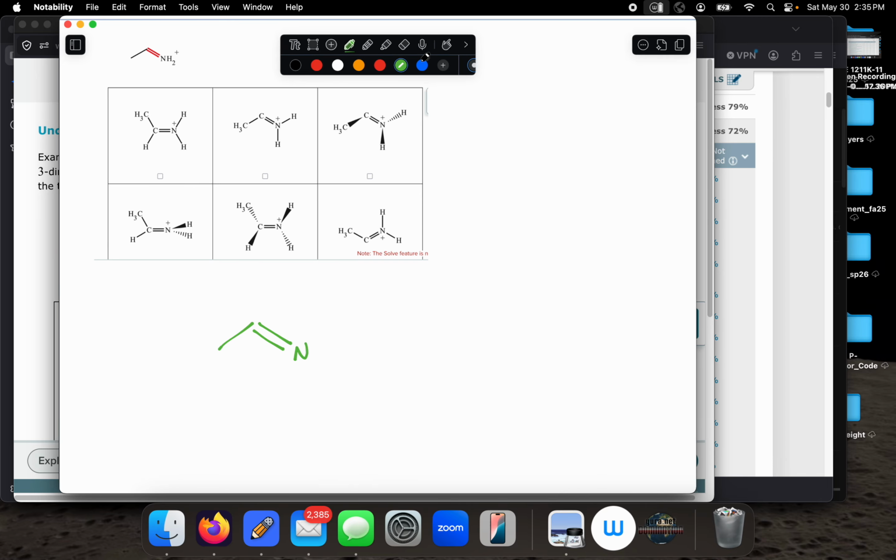It has a hydrogen here, right? So this is a CH3 here, and a hydrogen here, and a hydrogen here, and it's got a plus charge on it. But let's think about this. If we look at this straight on, it's going to look like that. If we put this in the plane of the board or the computer screen, it's going to look just like that. But if we look at it from this angle,